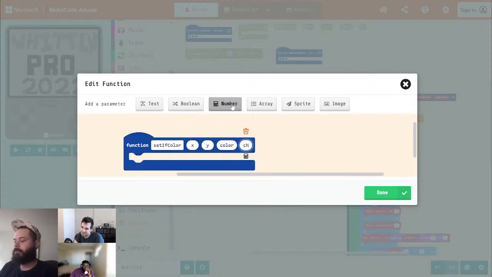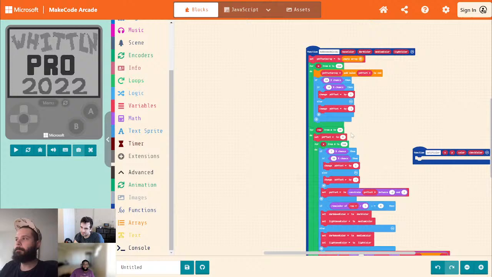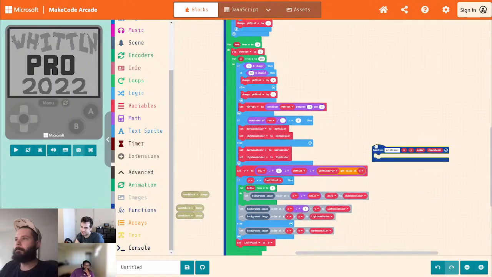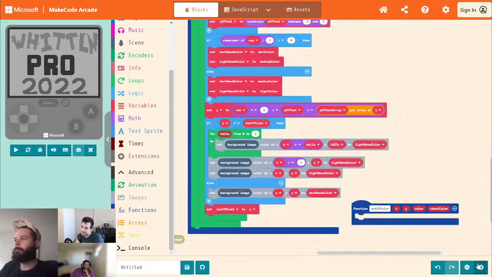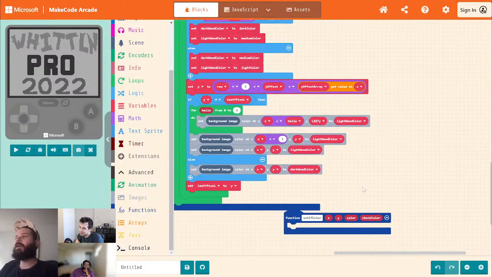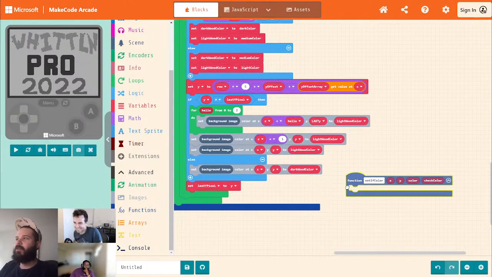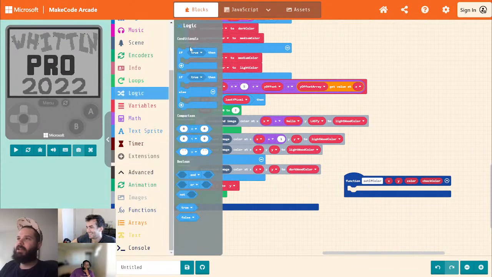I did think of something that might have been easier, but I think we're already past it, which would just be to make all of the letters transparent and then make another one behind it and draw a transparent image on top of it. That would have been easier. Okay. So we're going to do if